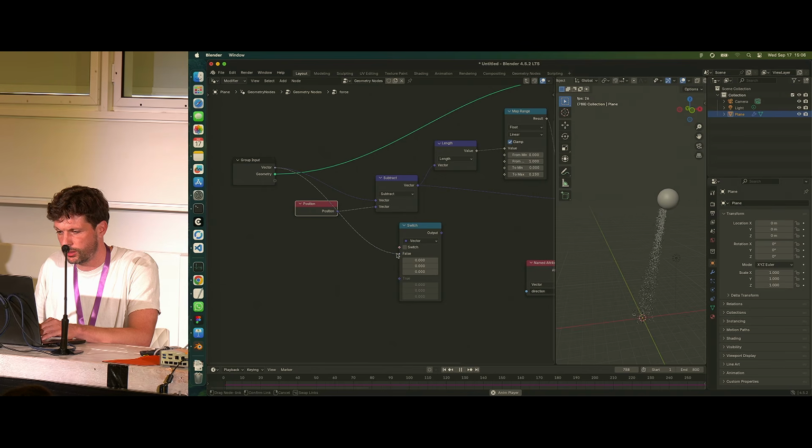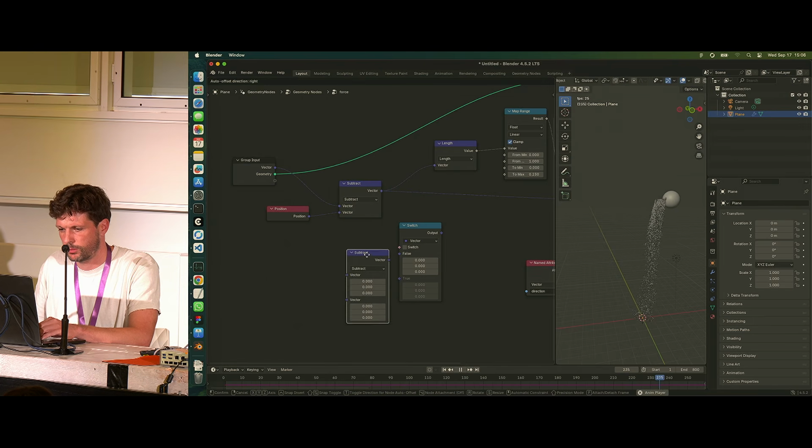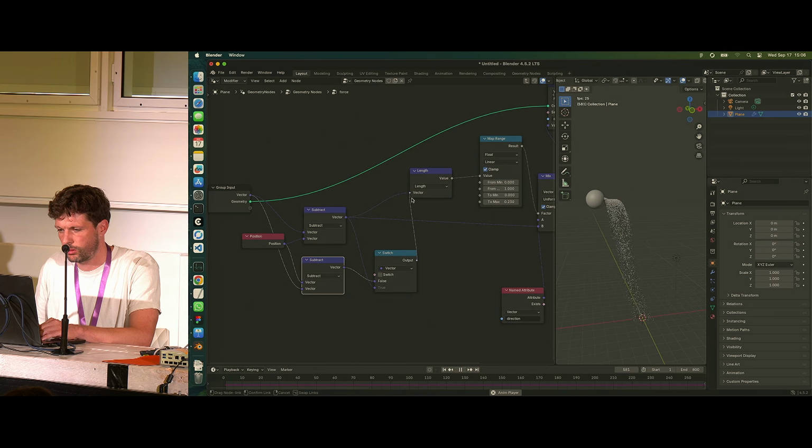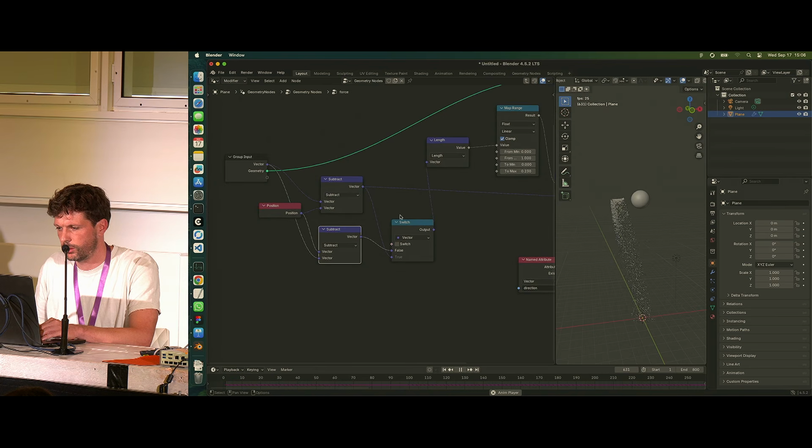So now we have attraction. This is basically the same, but switched. So the current one I put in the true slot, other one in false slot. So now if I switch this,